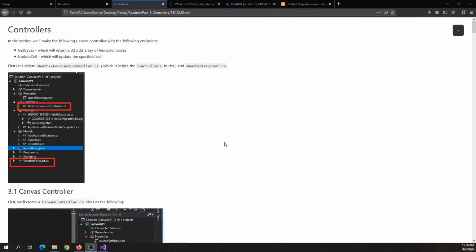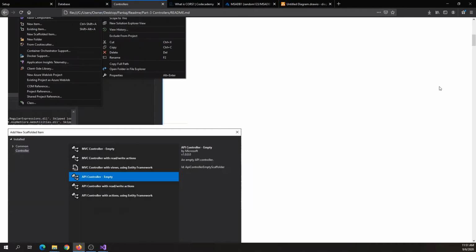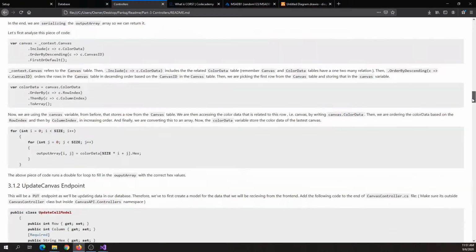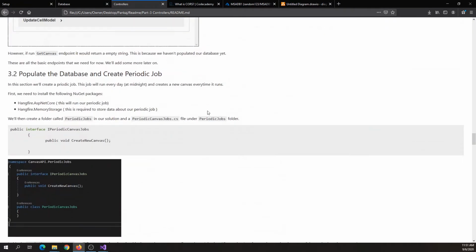Hey guys, welcome to the third video. In this video we will create two endpoints, getCanvas and updateCell. The getCanvas endpoint will return the current version of the canvas, and the updateCell endpoint will let you update a cell in the canvas. In this video we will also build a periodic job which will populate the database. We will run this periodic job at midnight every day, so you guys have a new canvas to